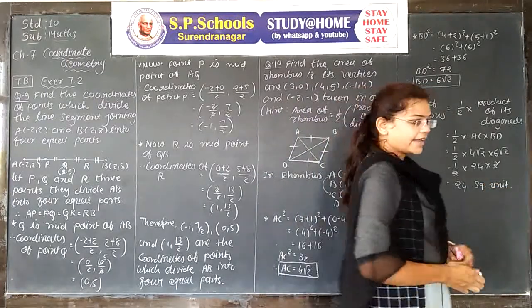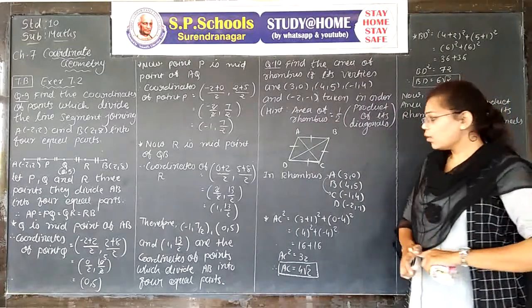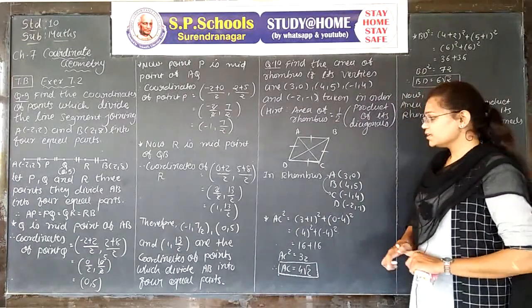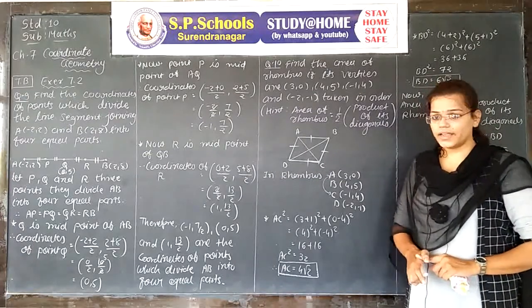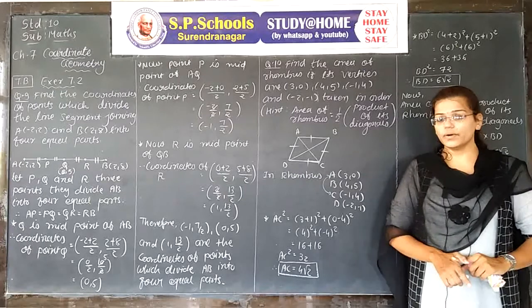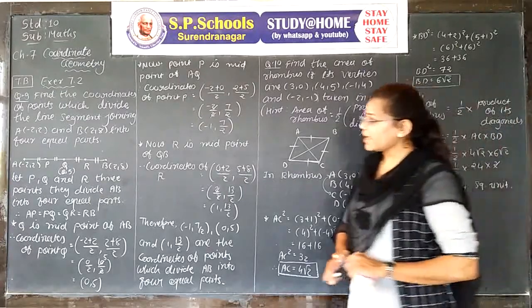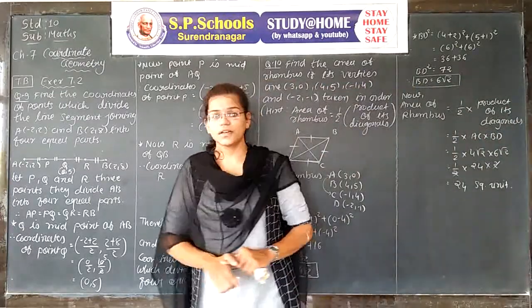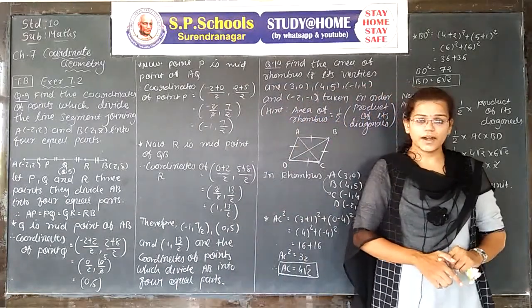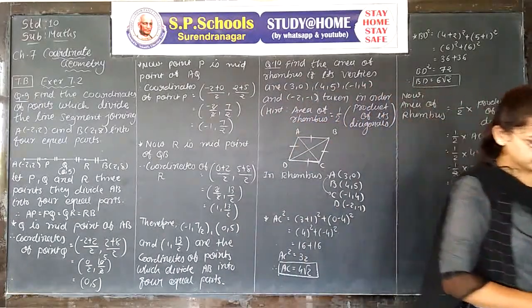Again, the area of a rhombus can also be found by another method using the formula for the area of a triangle, but it is not in our syllabus, it is cut from our syllabus. Hence, our exercise 7.2 is completed here. Now, we see some important examples regarding this chapter.